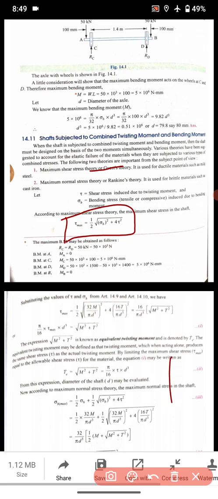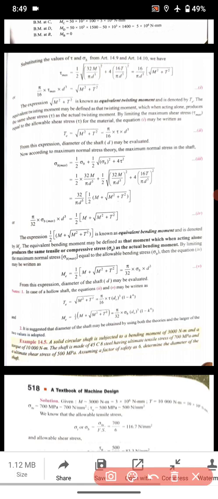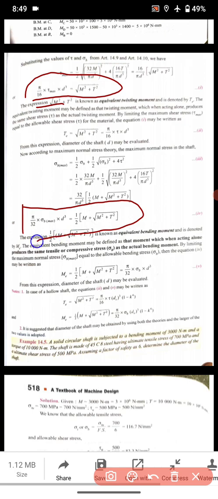The next question will be this one: under root m square plus t square is equal to equivalent twisting moment, and this is equal to pi by 16 tau max into d cube. Then the question may ask, 1/2 m plus under root m square plus t square is equal to pi by 32 sigma b max into d cube. Okay,